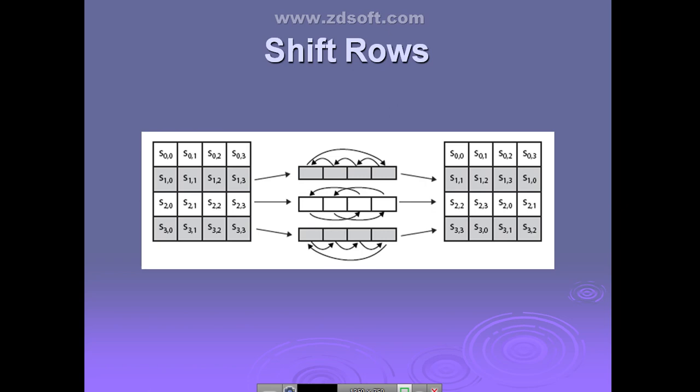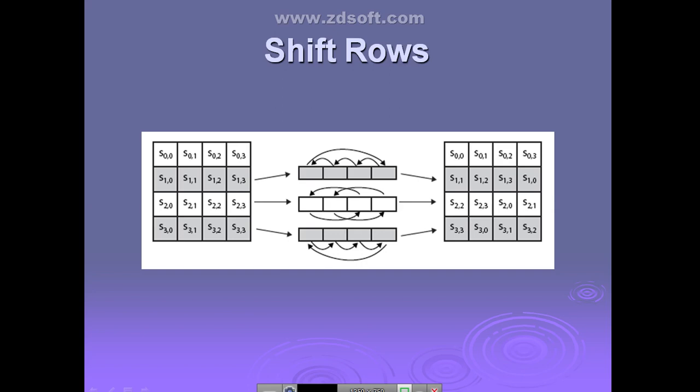See, whenever you are doing shift rows, what exactly does this particular operation perform? It is going to do a permutation on the data. Exactly, the permutation they are doing. How exactly are they doing the permutation operation here? They are just doing the circular shift operation. In that case, the first row will always be unchanged. So you can see here, this is fixed. They are not doing any change with respect to the first row.